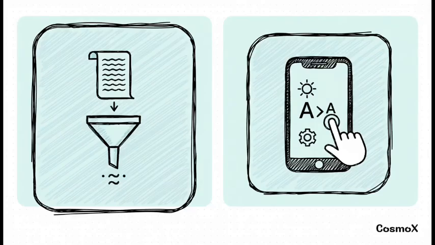So for example, one of those experts might be a summarization agent. Its whole job is to take a super long article and just boil it down to the key points for you. Or maybe it's a settings agent that can automatically adjust the text size or the screen contrast based on your needs without you having to do a thing. Each one is a specialist just waiting to be called on.